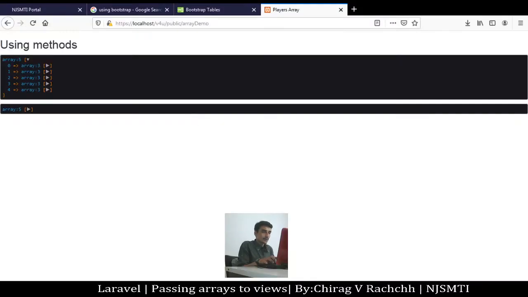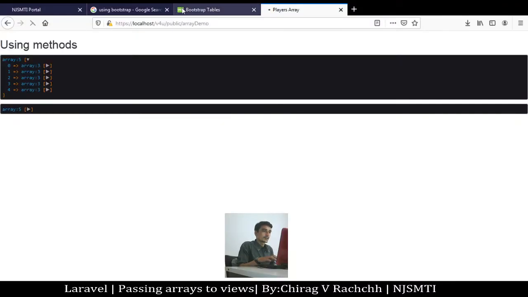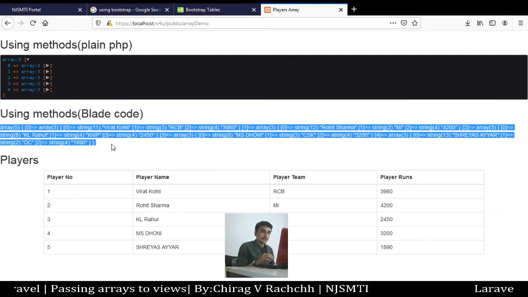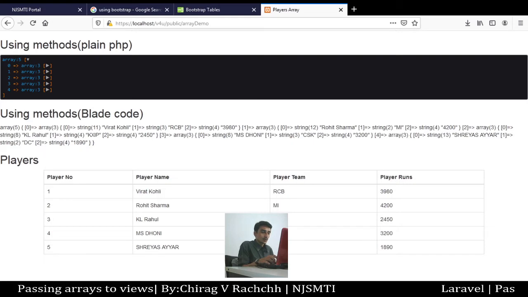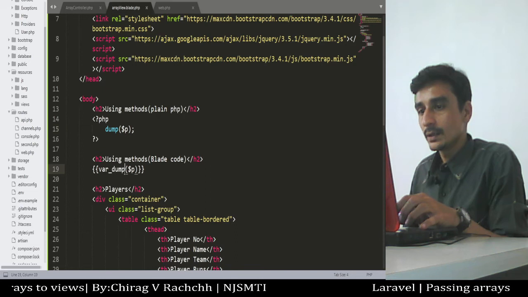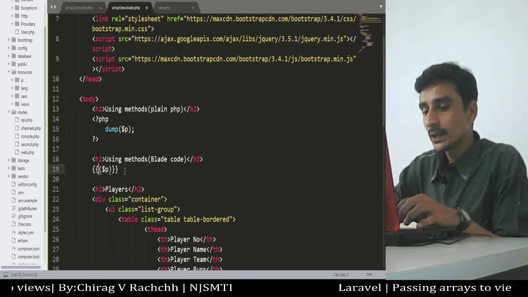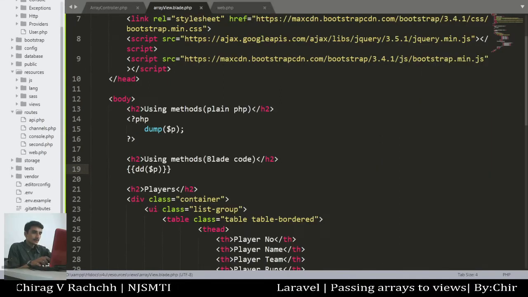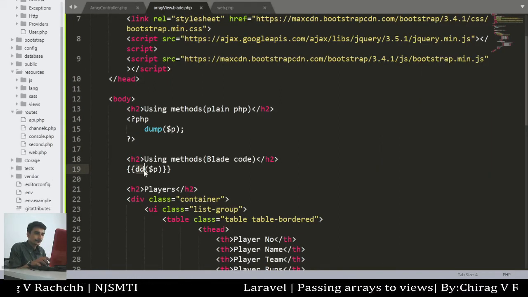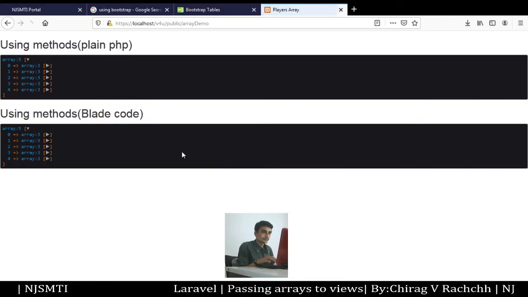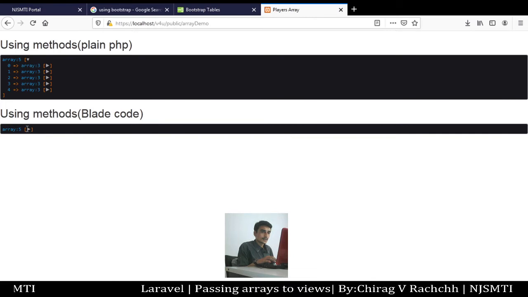Let's check it from the browser. Yeah, it is there. Okay. Similarly, if we want to dump the elements of the array, we will use dd. Instead of dump, we will use the dd method. Okay, let's go back. You can see.